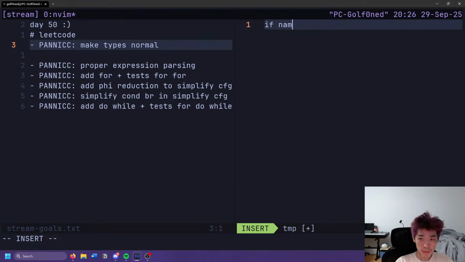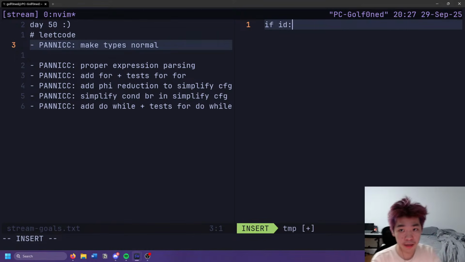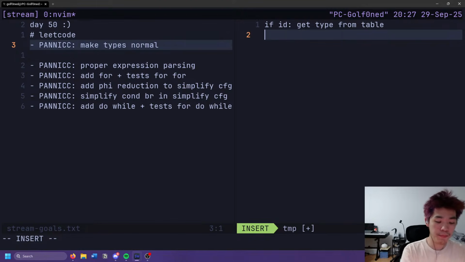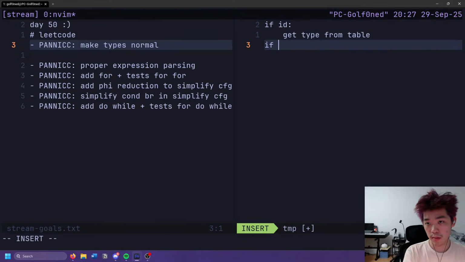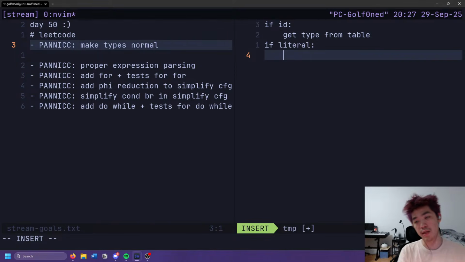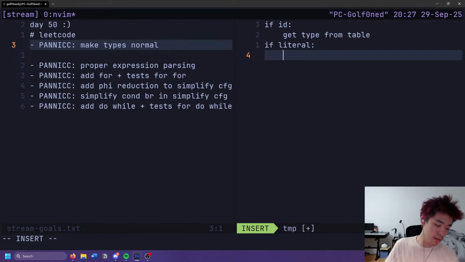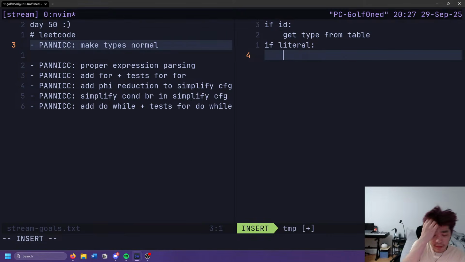So if it's an identifier, get type from table, I guess. If it's a literal, then it gets a little bit funky. I guess we could set it to a default type. The default type being just like